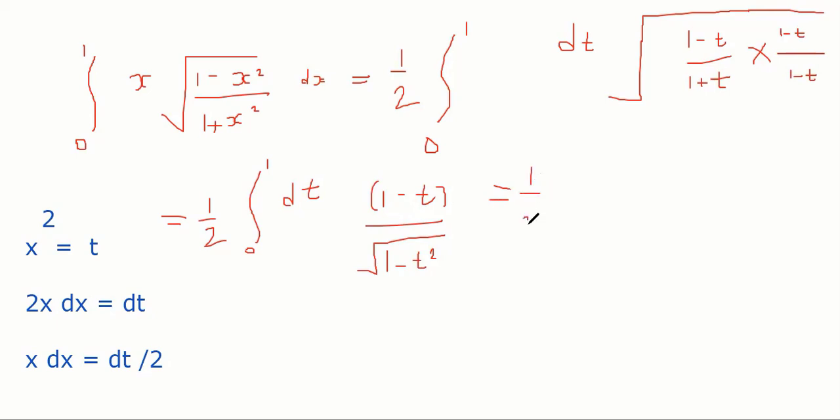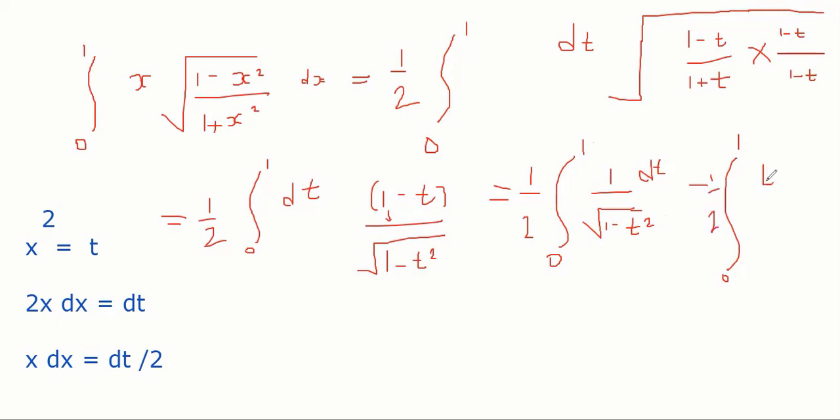ये हाफ तो ऐसा ही हो गया. इंटीग्रेशन ऑफ 0 to 1. अब मैं स्प्लिट कर रहा हूं, 1 को अलग ले रहा हूं, ये 1 अलग ले लिया मैंने, तो इट बिकम 1 over 1 minus t square dt. माइनस अगेन इंटीग्रेशन, वही 0 to 1 और हाफ भी है, लेट मी राइट हाफ ऑल्सो, t by रूट ऑफ 1 minus t square. It might look big, complex, but देखो what is the thing we are trying